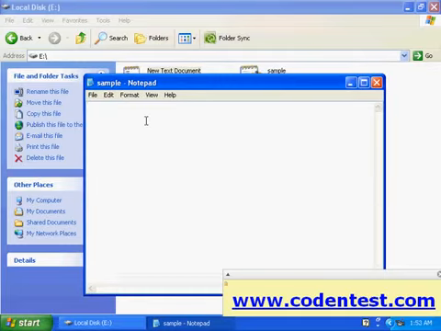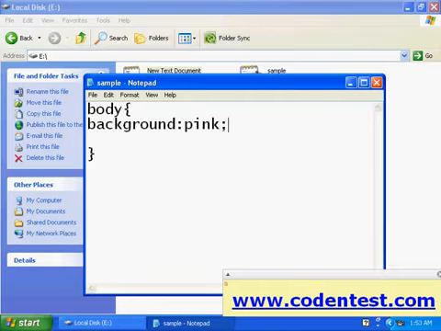In this I'll write some code. Body, background pink, the same example we used in the last two videos.